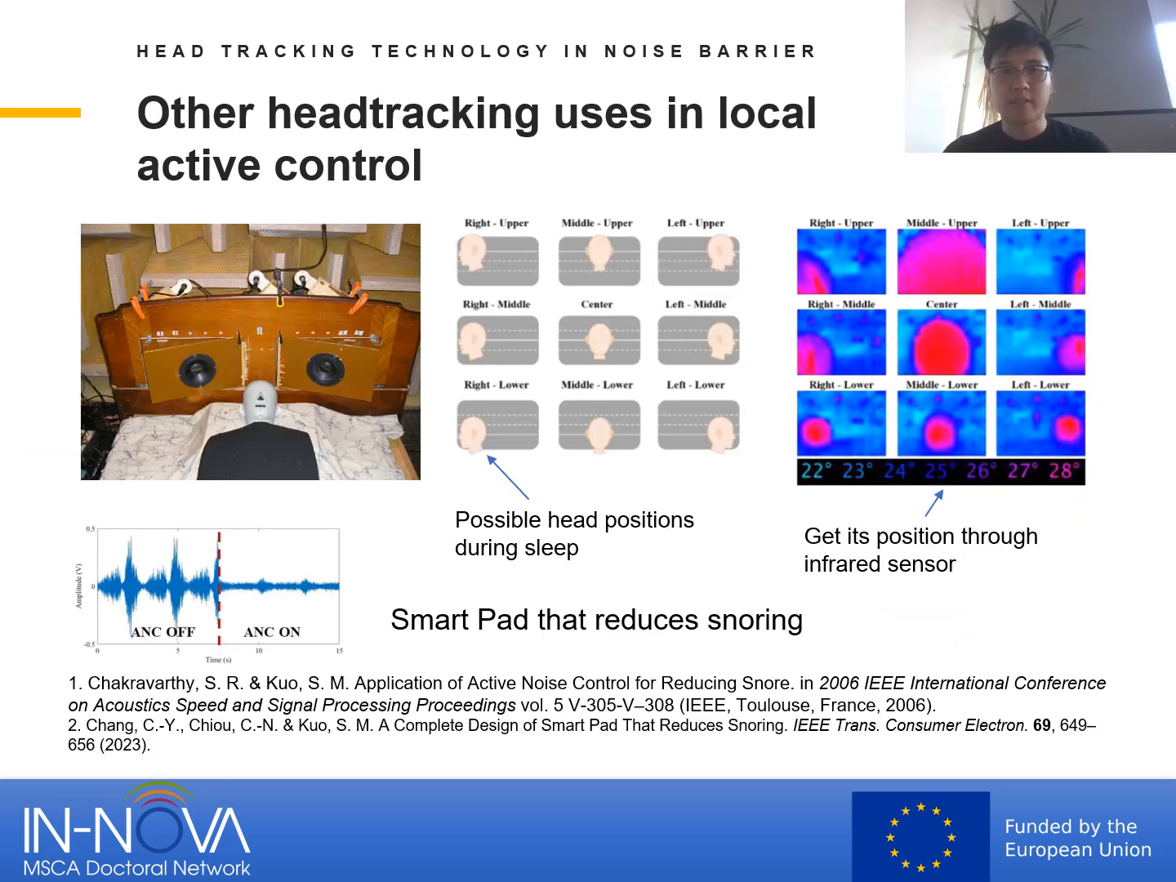Head tracking techniques can be applied in different noise control applications as well. This application in particular is a smart pad that aims to reduce snoring heard by the user's ear. This can be placed in a sleeper train,